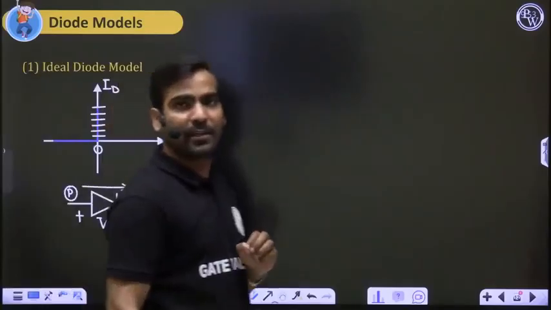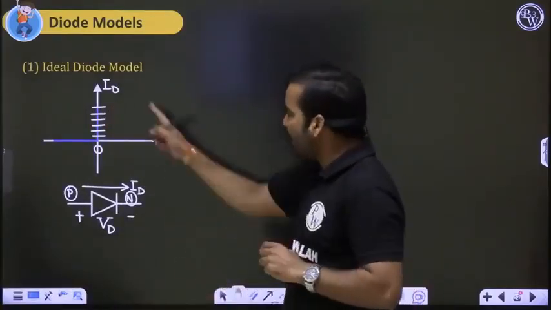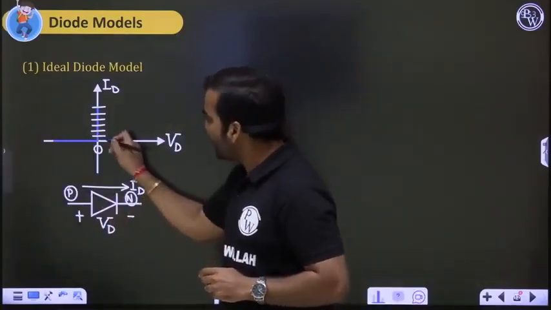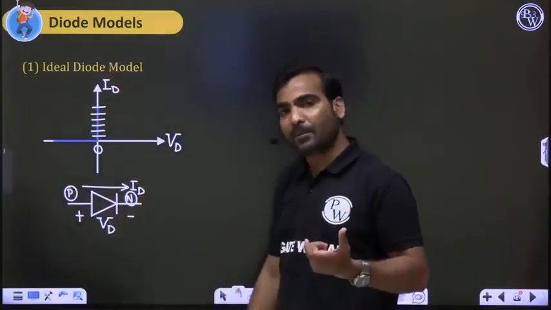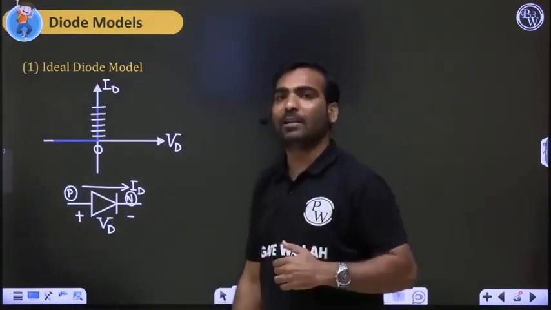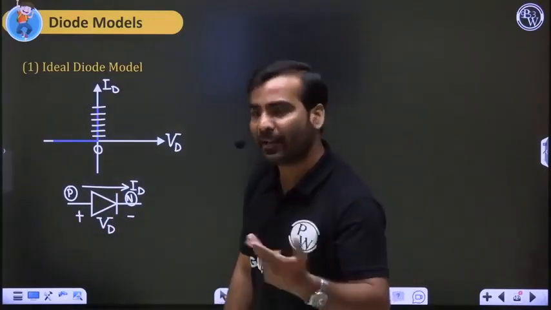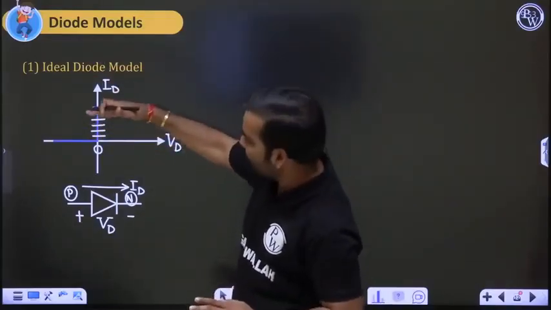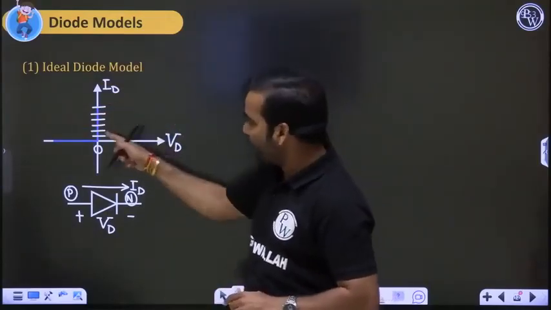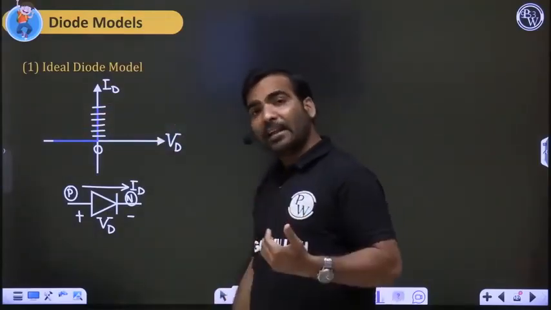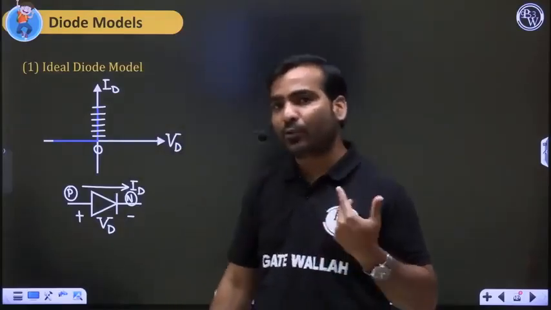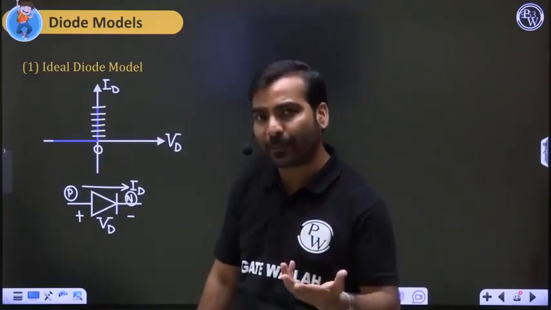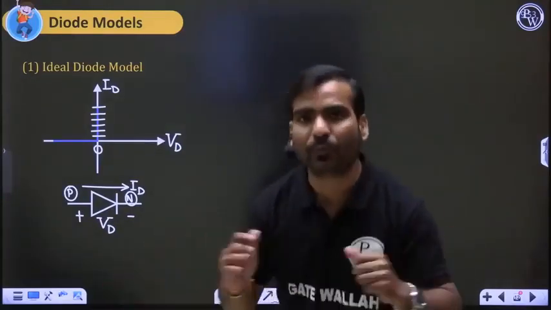See, try to understand it. What is the characteristic? The characteristic is ID versus VD. When VD is less than 0, current is 0, just on 0. When VD is just 0 plus, current is sharp. What is the meaning of sharp current? Current can take any value, and that is positive only, because on the positive y-axis we have current plotted. Okay, I will erase it. So current can have 1 milliampere, 2, 3, 4, 5, 6, 7, 100 milliampere, 200, 300, any value.